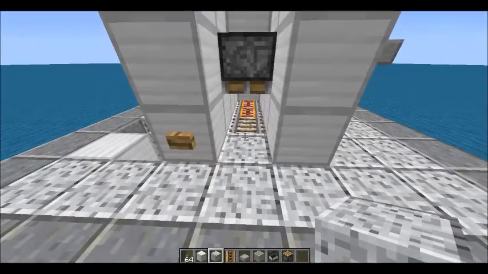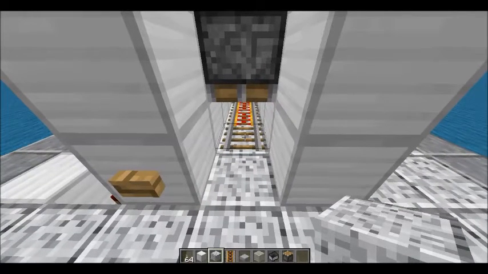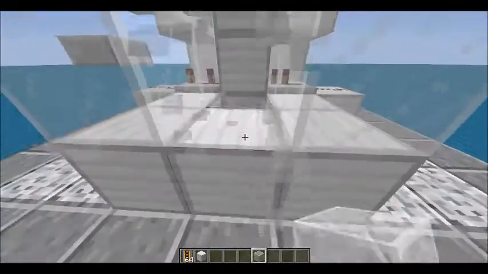So one thing I forgot to mention in the video that made me look like an idiot, I've been sitting here for like the past 10 minutes trying to figure out what's going on, is you're going to want to break this rail. Also, what we're going to do is come around back now, just break out these blocks,